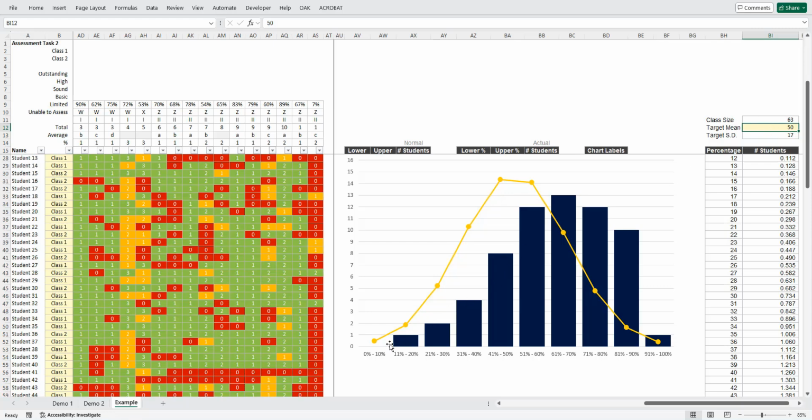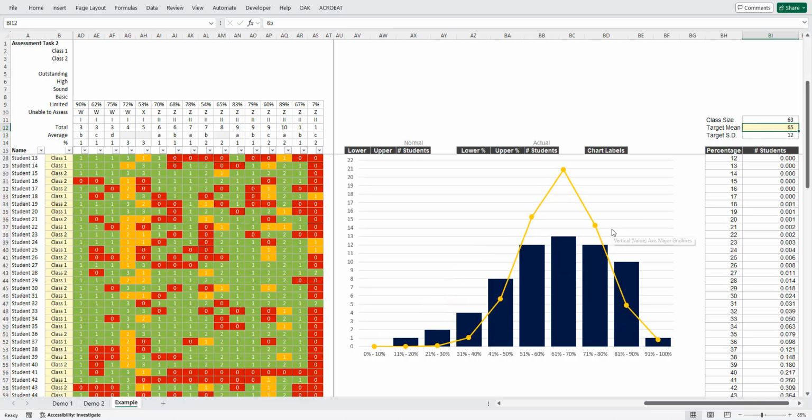And here we see that, well, this cohort has done quite well. They're ahead of that curve. But what if actually we didn't want a mean of 50, we wanted a mean of, say, 65? Then it's a bit of a different story. Actually, if we were going for a mean of 65, a lot of the students that are down here actually need to shift up to fill out this gap here. And there are a few students ahead of the curve still, but it's a different picture to if we were